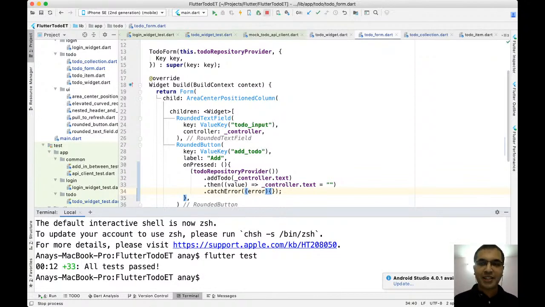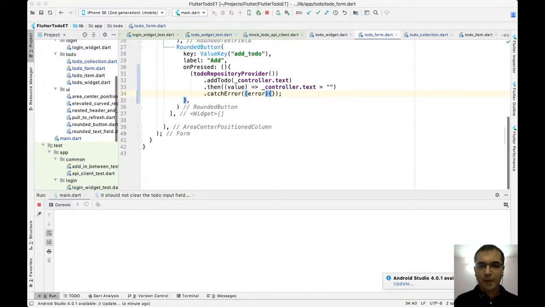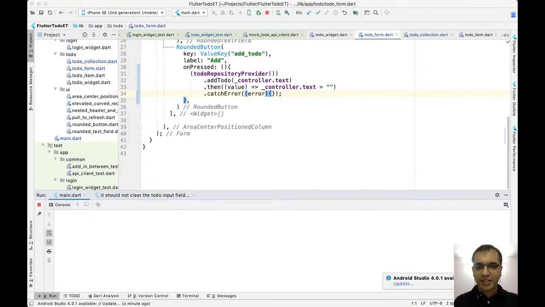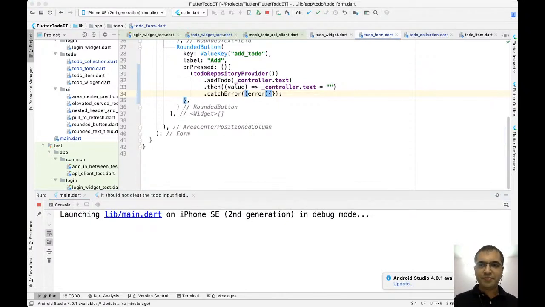how long it actually takes to test this application without having a test. So let's wait till it launches the app. And I'm still waiting. Is anybody keeping a counter on the time?